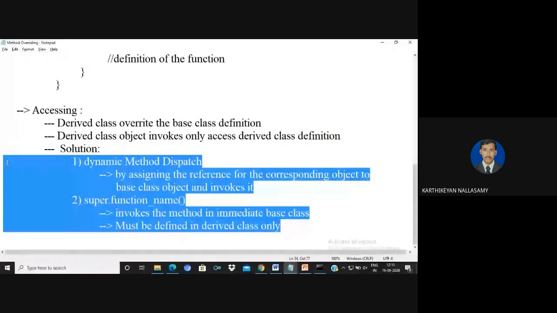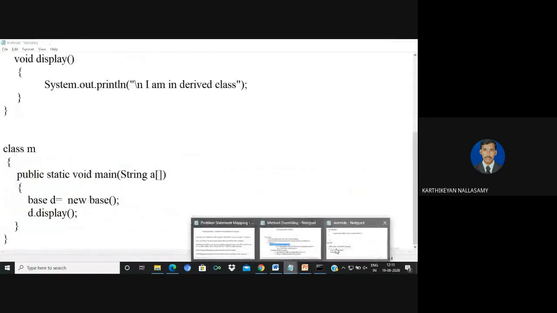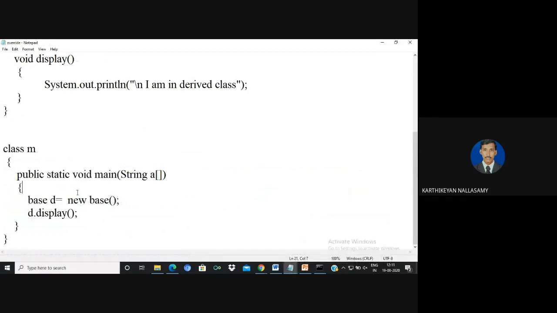Okay, so there are two possible ways we are going to provide a solution for method overriding in Java. One is called dynamic method dispatch. With dynamic method dispatch, we invoke a method by using only one reference, but we assign different classes' objects.